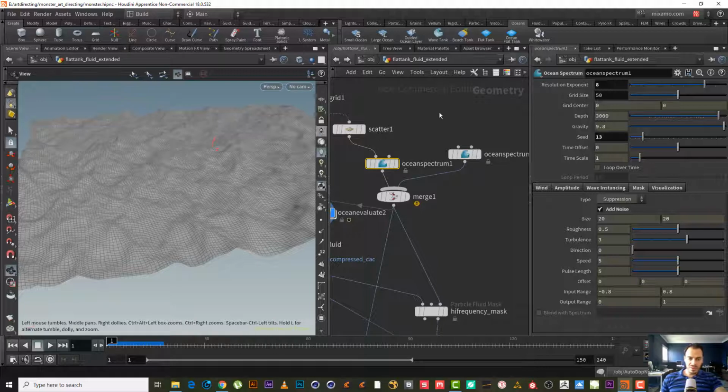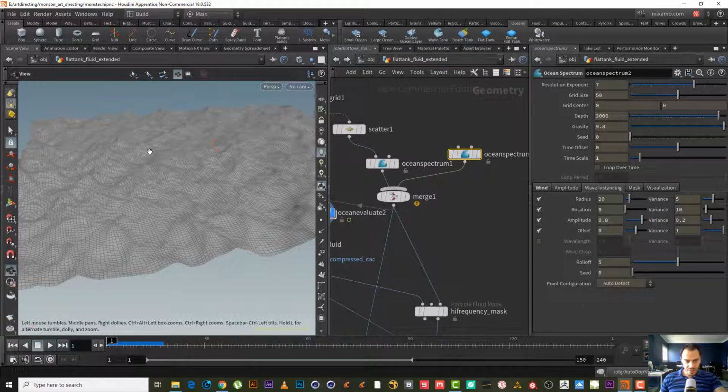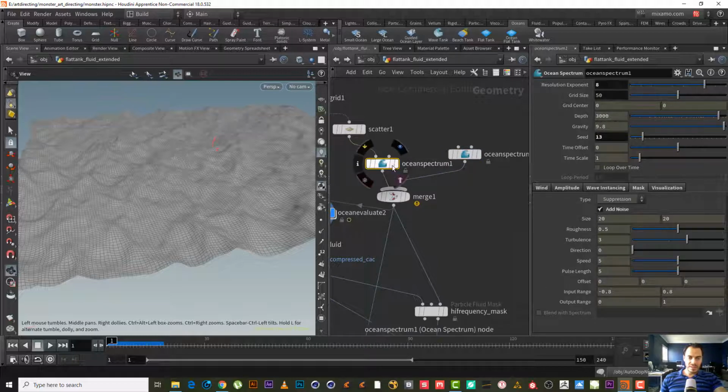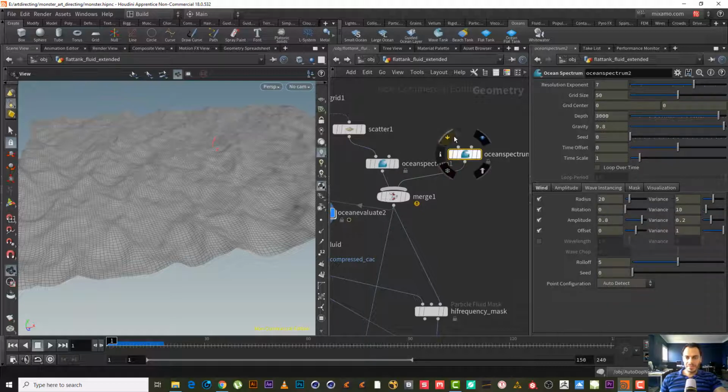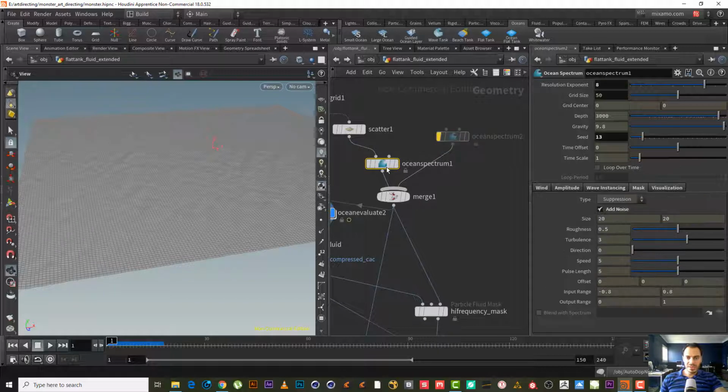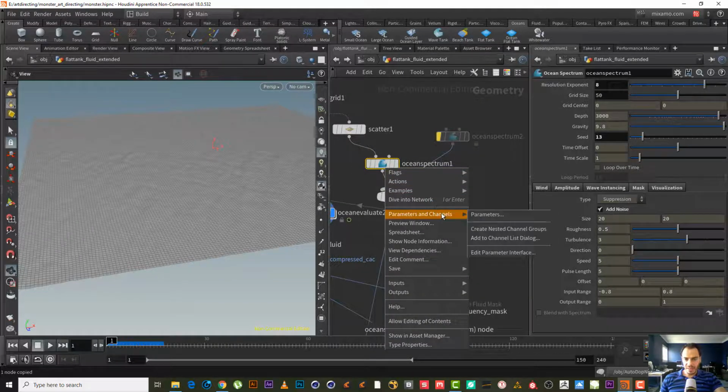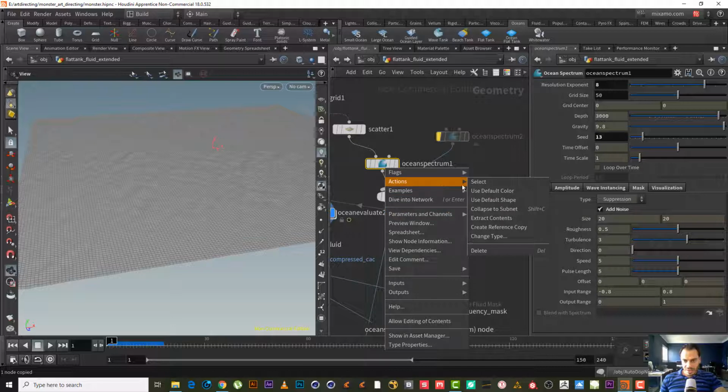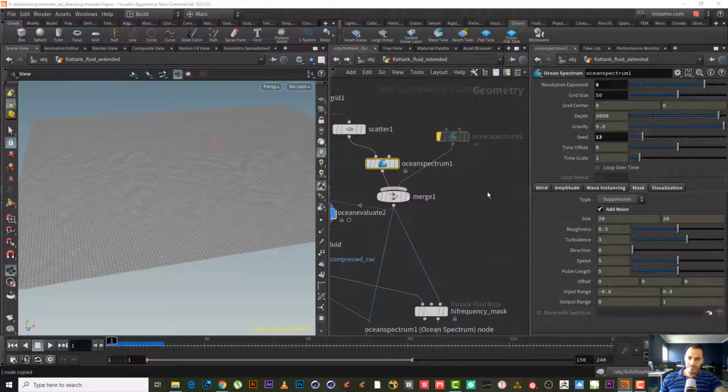But if we want the big ocean to be only in the area that doesn't have the small ocean, if we want to separate it, the big ocean, the low frequency ocean, will be in one area, and the high frequency ocean, the small wave ocean, will be in another area. We can simply just take this, maybe make